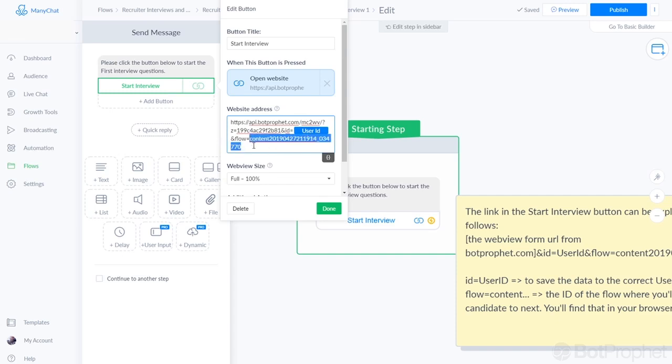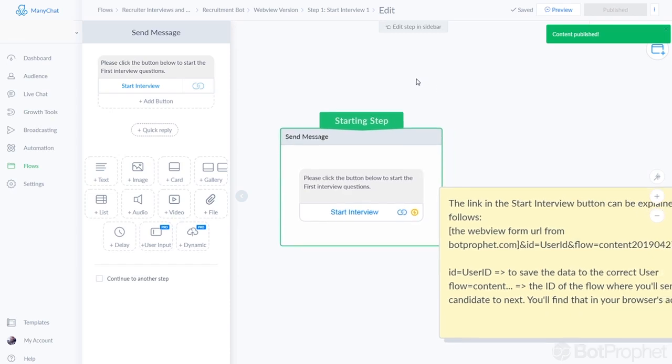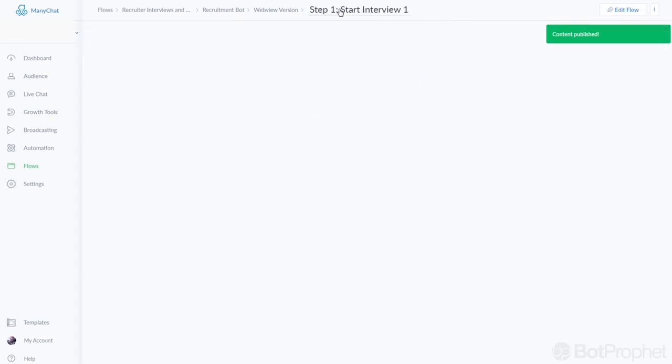This identifier you see right here corresponds to the flow identifier where your candidate will go after he completed the entire form. The candidate is sent there automatically, that's what I meant. So you don't have to worry about that, but you do have to make sure this one corresponds to the flow that the user is going to. I will just click publish right now, so this one is working on our server and in your ManyChat account,